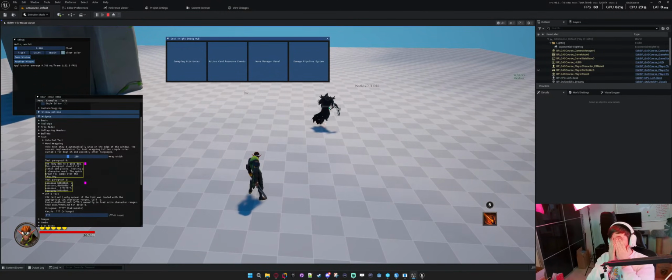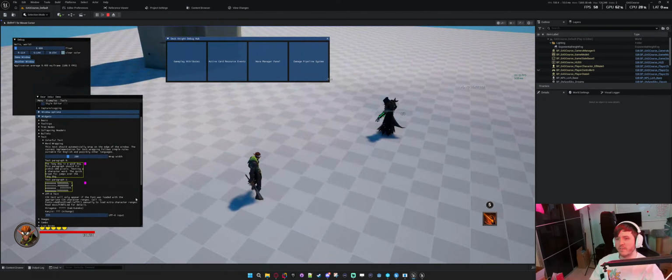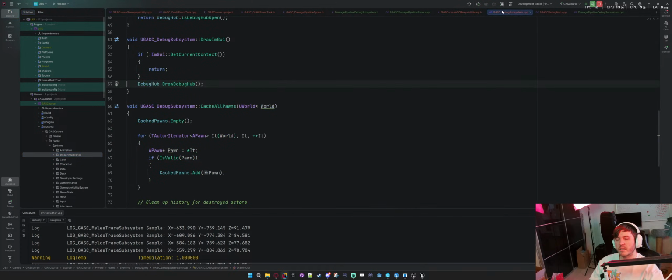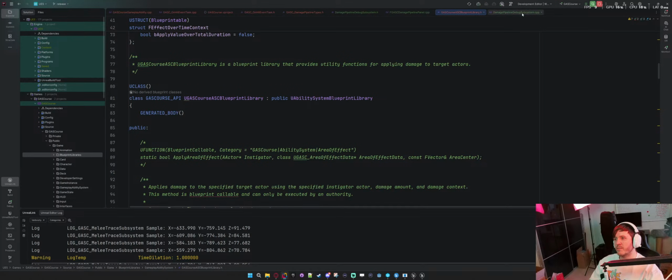But enough delaying. We have an hour to start refactoring this too. So let's close out everything we don't need at the moment. We'll worry about the debug system in a bit. So we're going to have to do something similar with the damage side. And I wonder if it needs to be